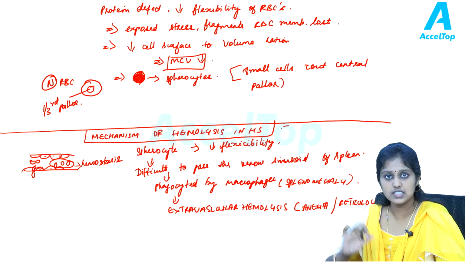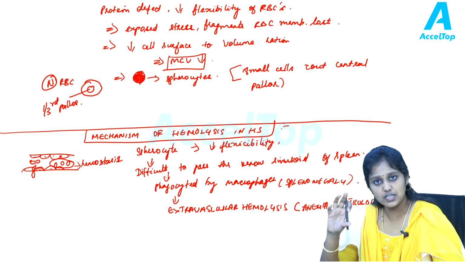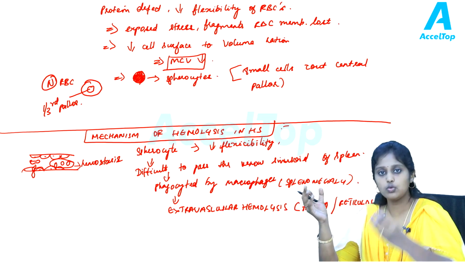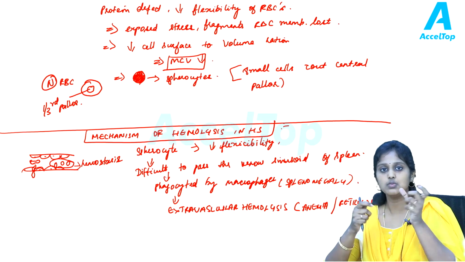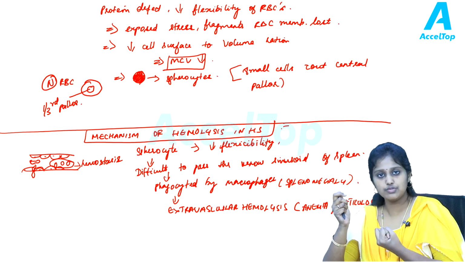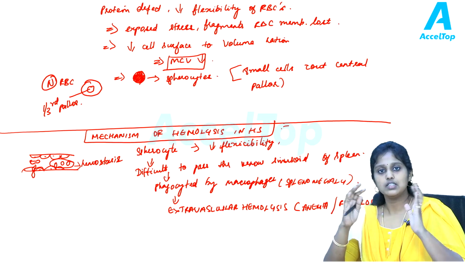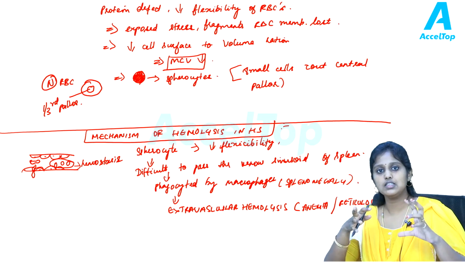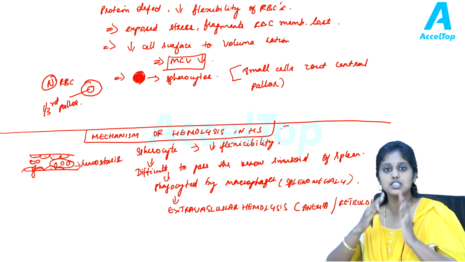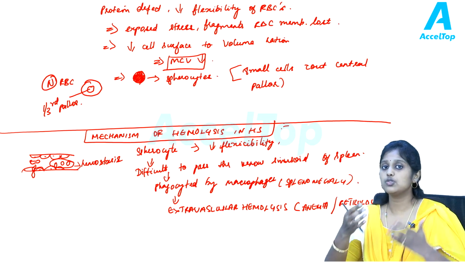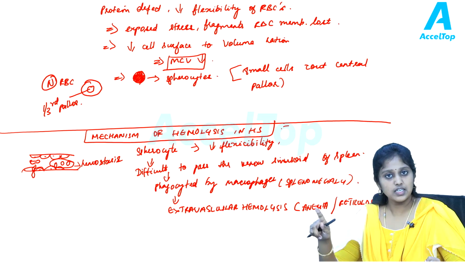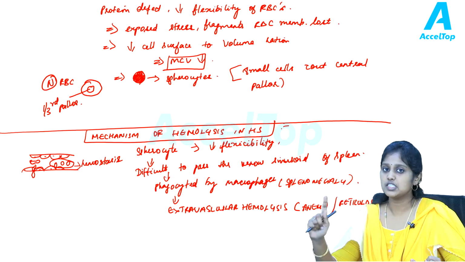So, the mechanism of hemolysis in hereditary spherocytosis: once the cells become spherocytes, the flexibility and deformability of red cells are reduced. They won't be able to pass through the venous sinusoids of the spleen, so they get trapped. Aggregates of spherocytes are formed. Two things can happen. One, they will result in erythrostasis. The other, these cells are phagocytosed by macrophages, resulting in extravascular hemolysis. Because of this, patients will present with anemia, and in any hemolytic anemia there is an increase in the retic count, so reticulocytosis.